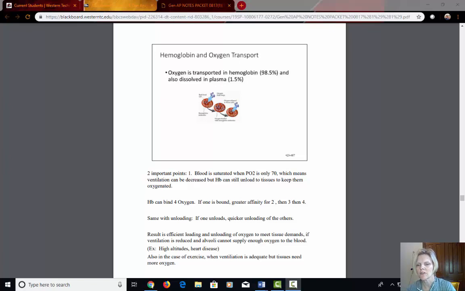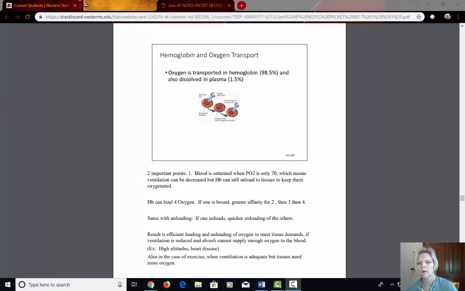Alright, we continue our discussion of the respiratory system. This is video part 3, looking at how oxygen is transported in the blood. So we know that it's important for oxygen to be delivered to the tissues after it comes in via the alveoli. So when we look at how oxygen is carried in the blood, most of it is bound to this